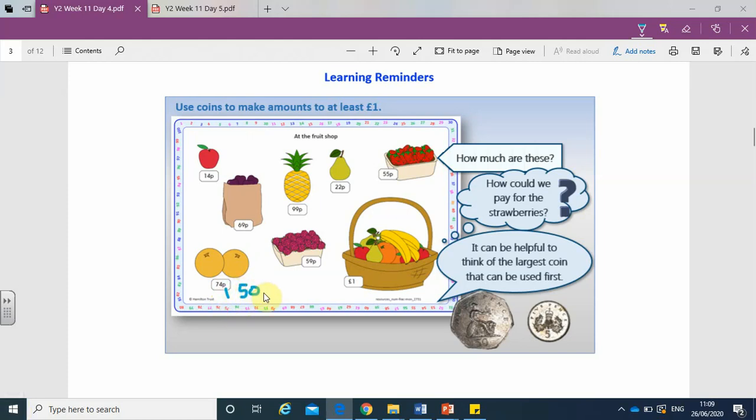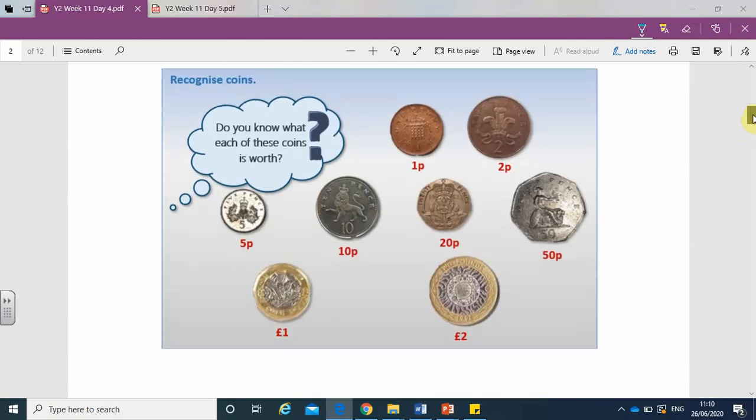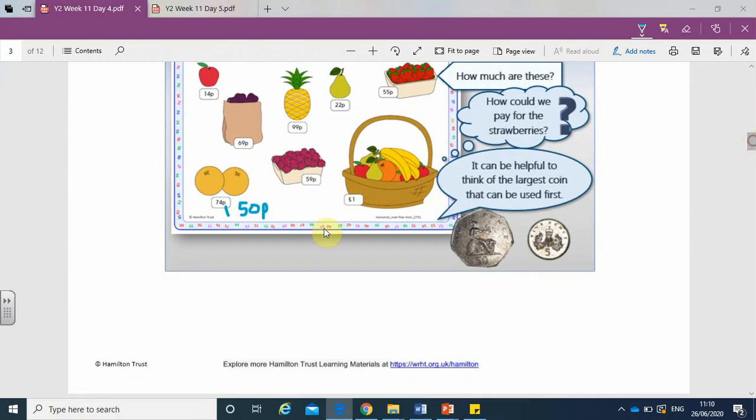And then, there are various ways you could do it, but I like to do it in the fewest coins possible. So I have 50, and I like to count with my tens. 50, 60, 70. Well, I know that's 2 tens, 10, 20. Do I have a 20 pence coin? Yes, I do. So it'd be a 50, a 20 pence,